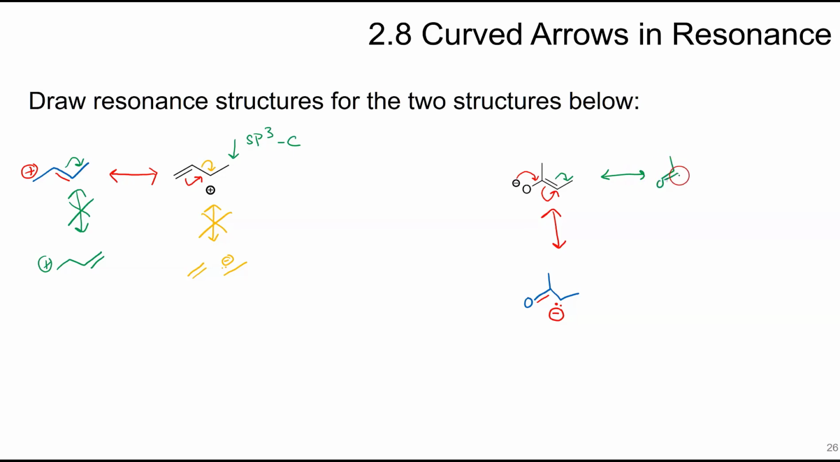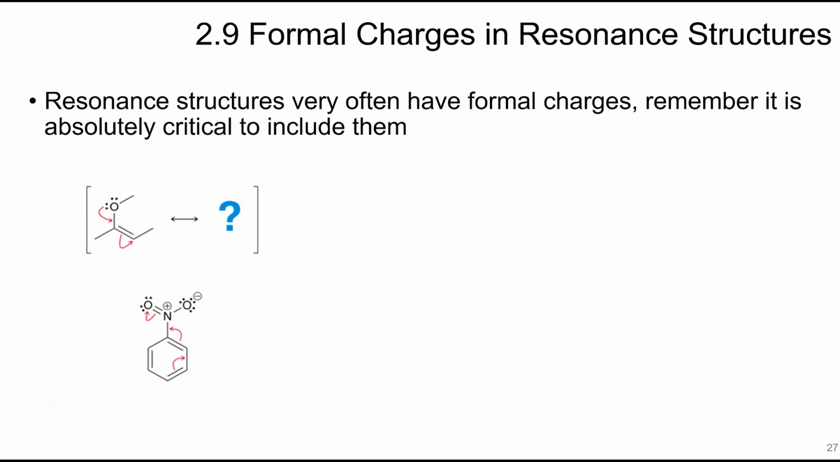So you wouldn't want this because, again, that is an sp3 carbon. That would exceed the octet. Resonance structures, as we've seen already, have charges, and you want to make sure you include them. It's absolutely critical that you include them. So if we draw the resonance structure here, the result of this one,